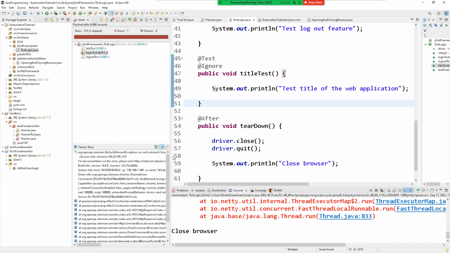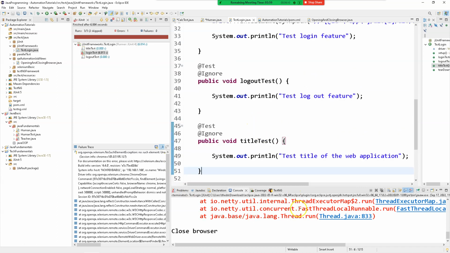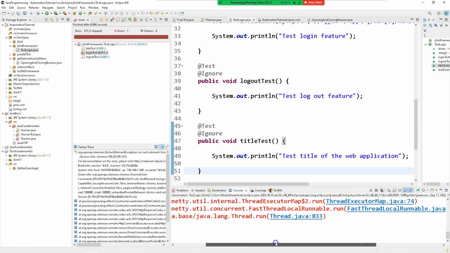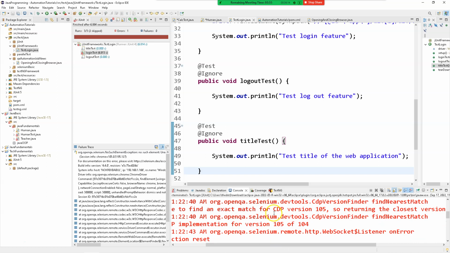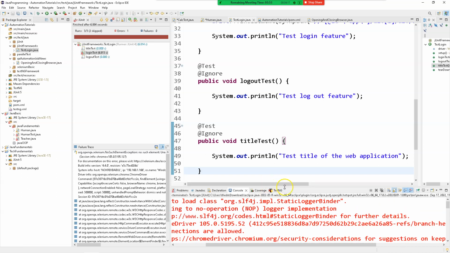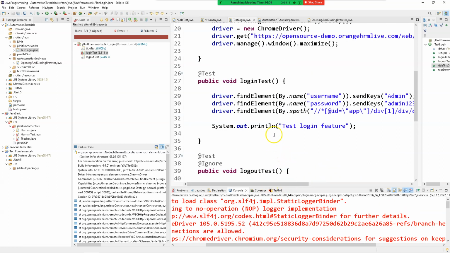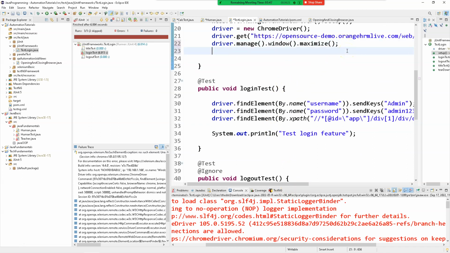What? That's too quick. It says failed. Why did it fail? Let's see. Maybe it could not. So actually what we do in that case, we say